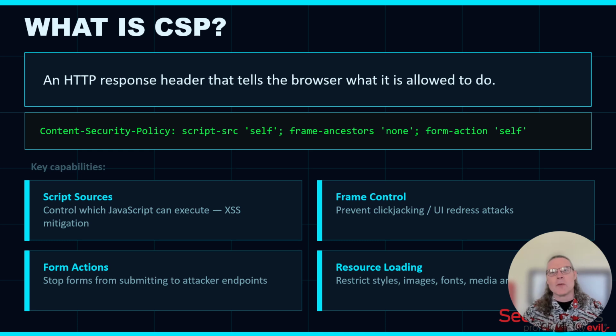Okay, so let's start with what is CSP, or Content Security Policy. This is a security control that is actually built into all modern browsers, and it takes the form of a response header. So when you look at the raw request and response traffic that you get in a browser for the various different requests that are being made by an application,